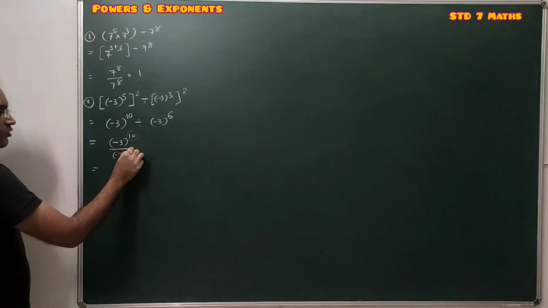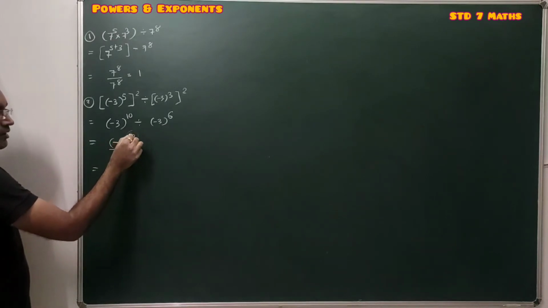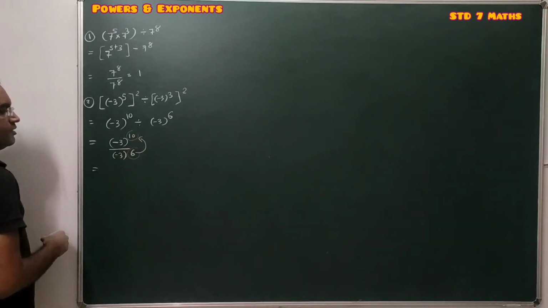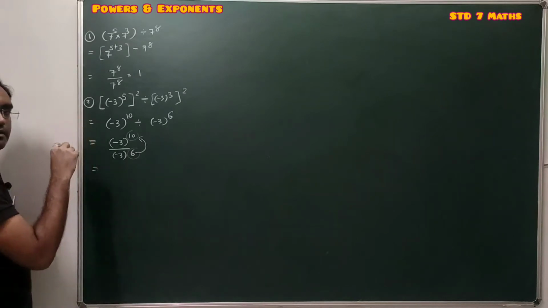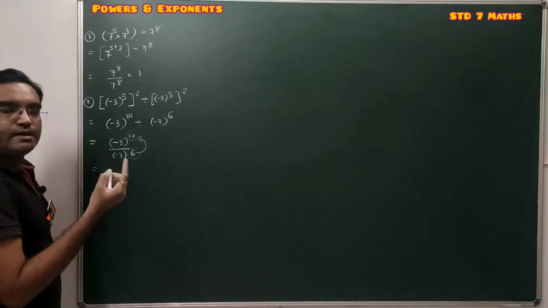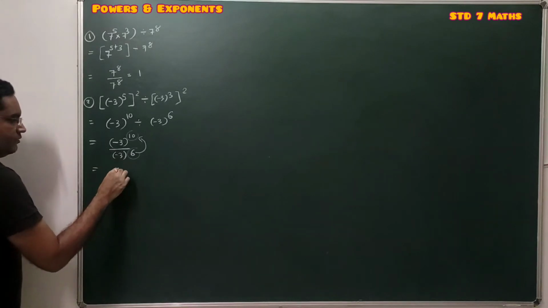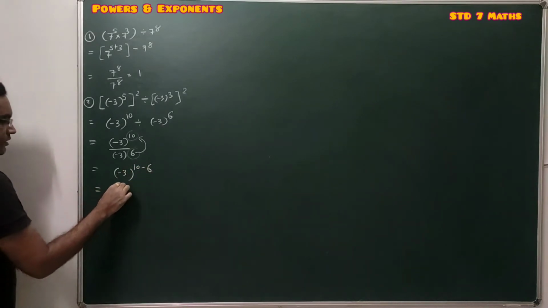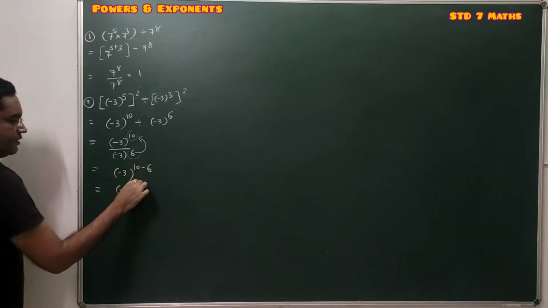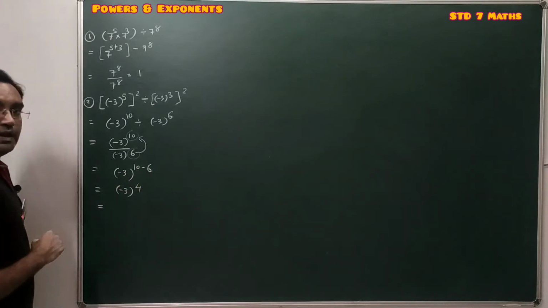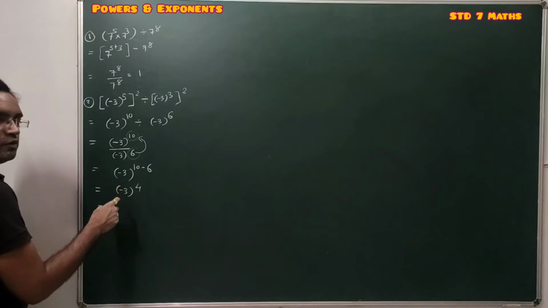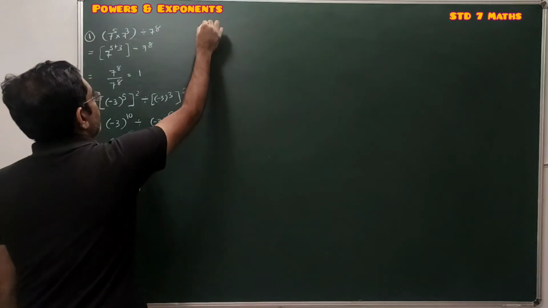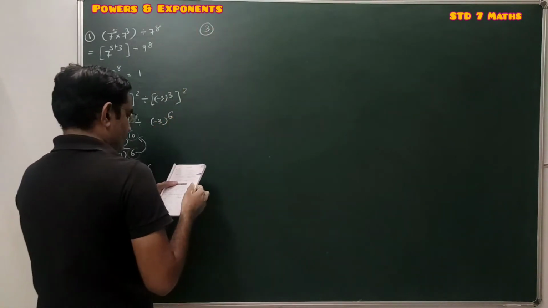For the subtraction of power, the power of the numerator is greater than the power of the denominator. So we have to subtract this 6 from this 10. Subtraction will be performed in the numerator as the power of the numerator is greater. So this is minus 3 raised to 10 minus 6, which is minus 3 raised to 4. The question is find the value, so you have to simplify this. Minus 3 into minus 3 into minus 3 into minus 3 is 81, which is the answer. Done? Now question number 3.